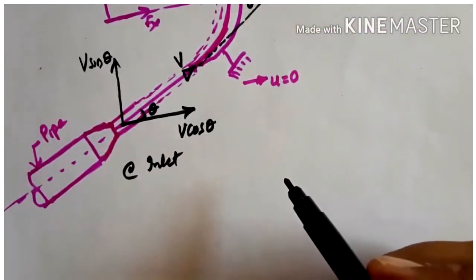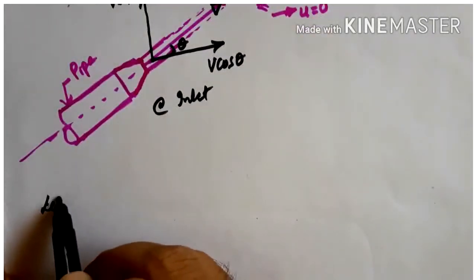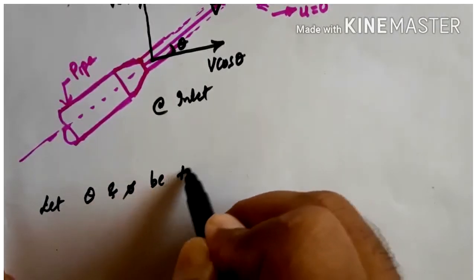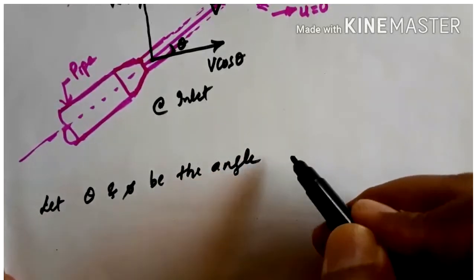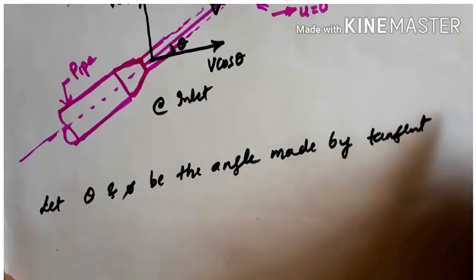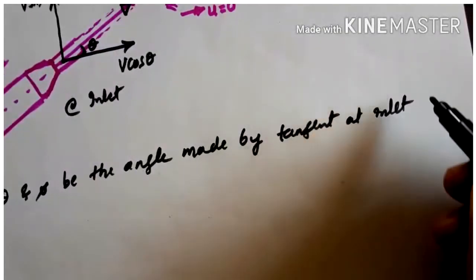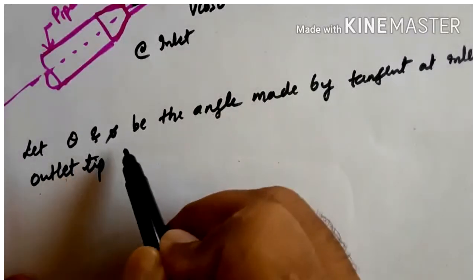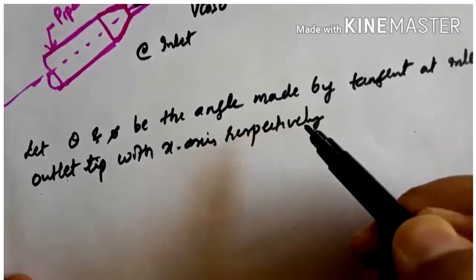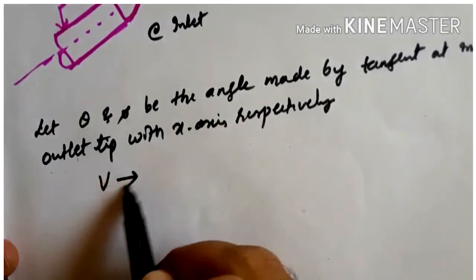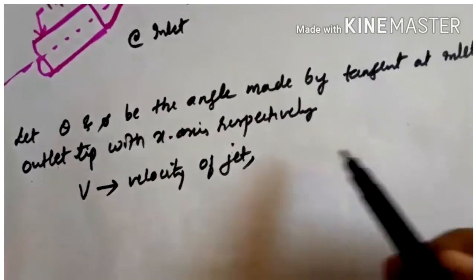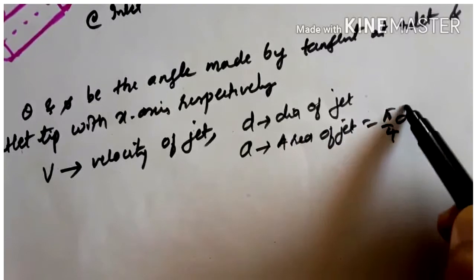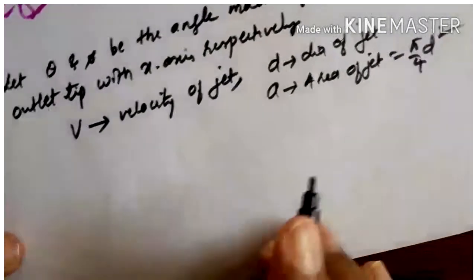Let theta and pi be the angles made by the tangent at inlet and outlet tip with x-axis respectively, and also v is the velocity of jet, and d is the diameter of jet, then A will be the area of jet, that is pi by 4 d square. Then applying the impulse momentum principle,